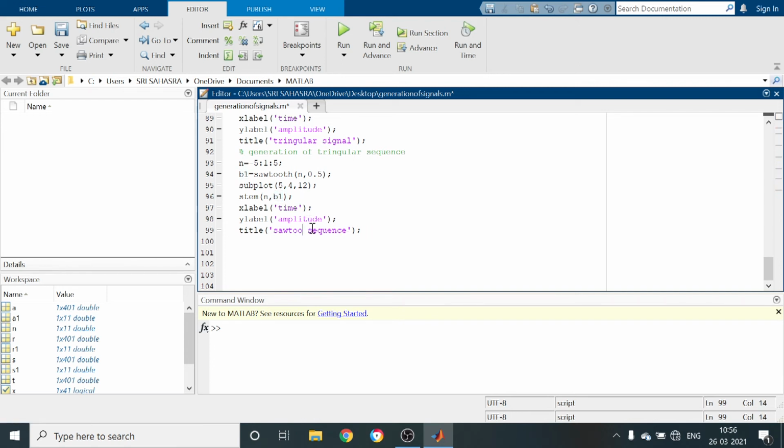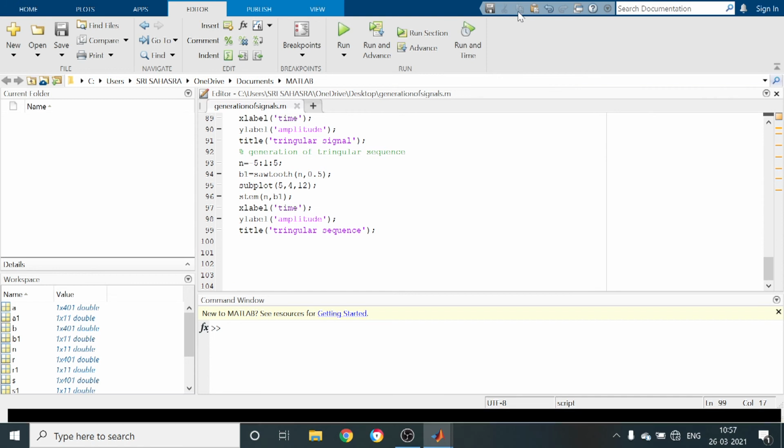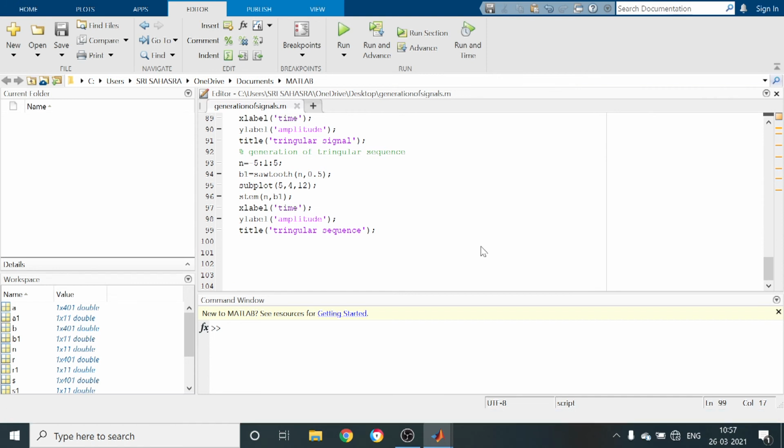This is a triangular sequence. Now save the program and run it. In the 11th and 12th positions we are getting the triangular signal and triangular sequence. Try to observe the difference between sawtooth signal and triangular signal and sequences.